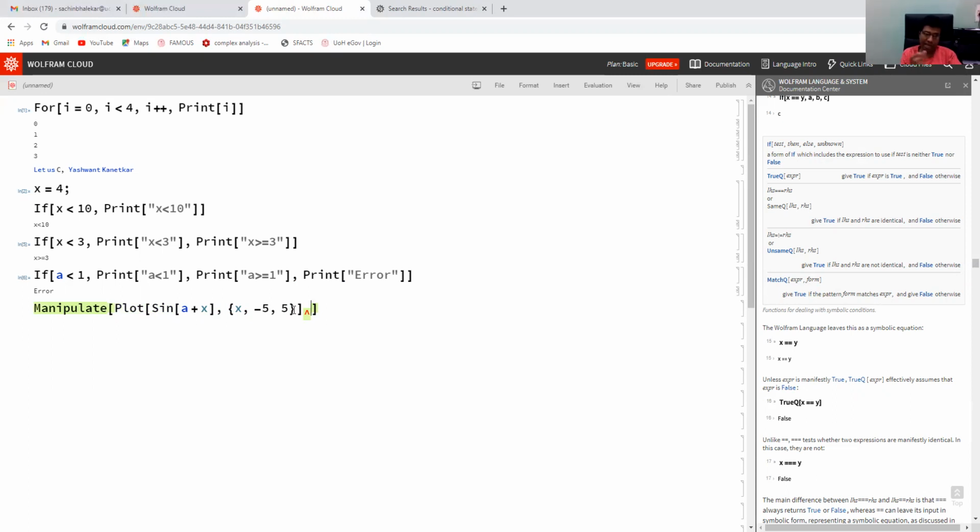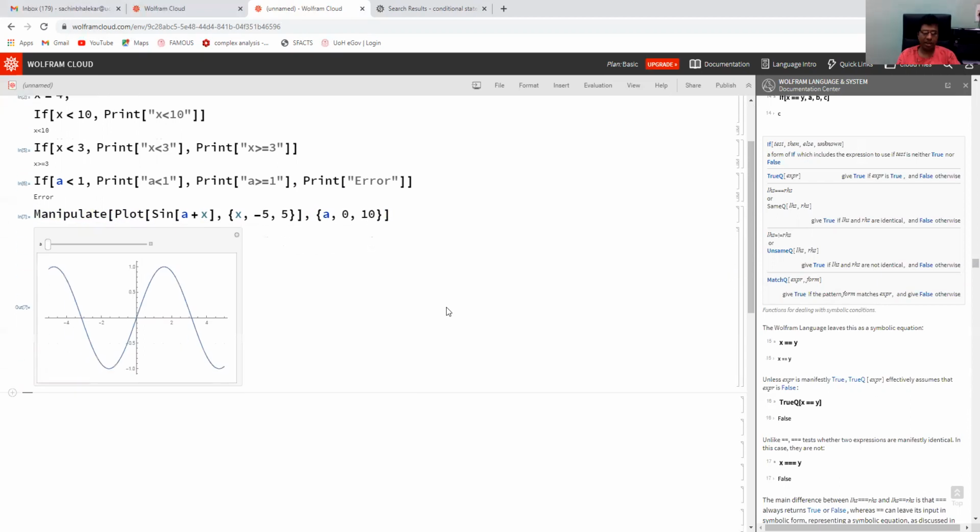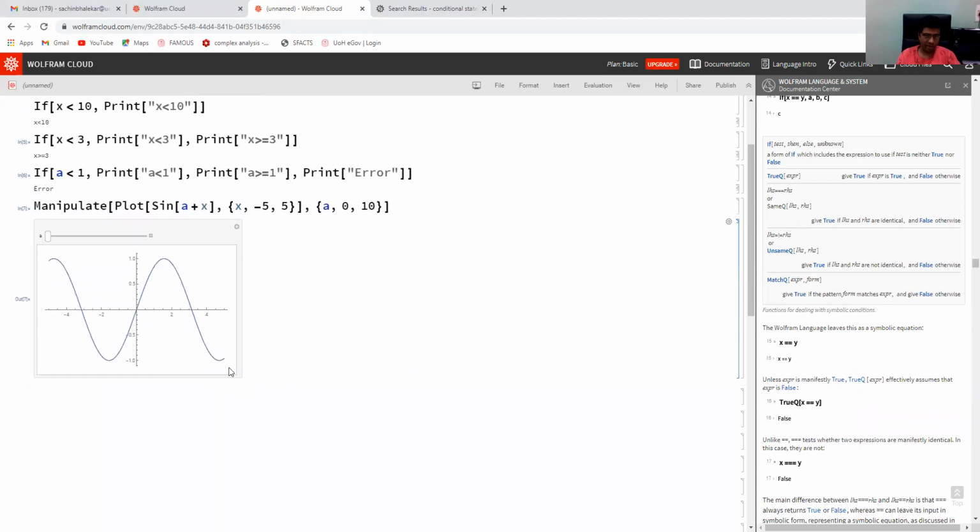So I want a button so that I can change the value of a using that button and see the changes in that graph. Here I will put a from 0 to 10 and then run. This will generate an object. Okay, let us see.